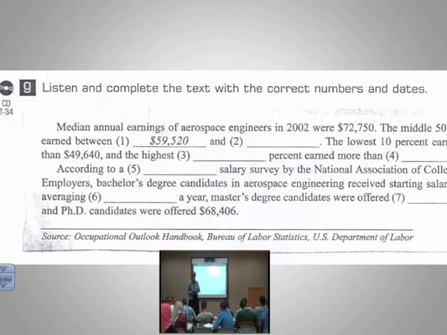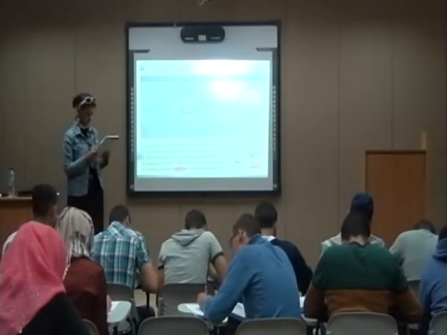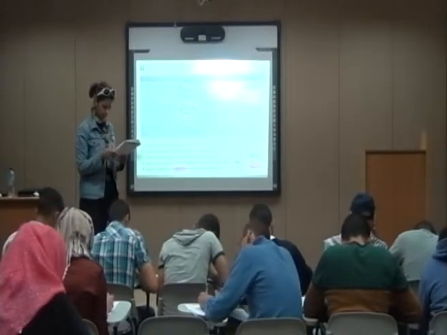Okay. Exercise G. So we have a narrator. Who's going to read for us? New people. Yalla Bahaa. Narrator: Median annual earnings of aerospace engineers in 2002 were 72,750. The middle 50% earned between 59,520 and